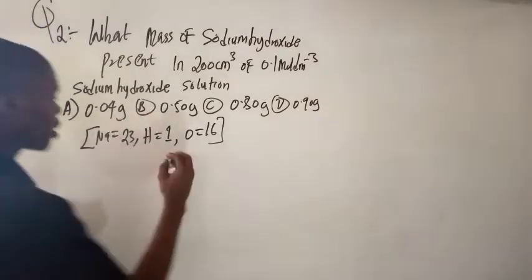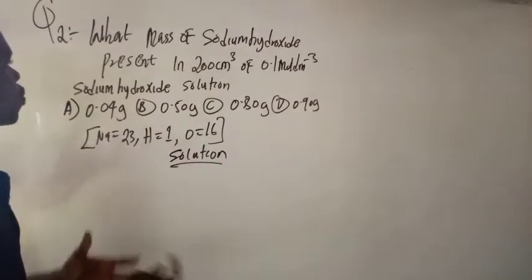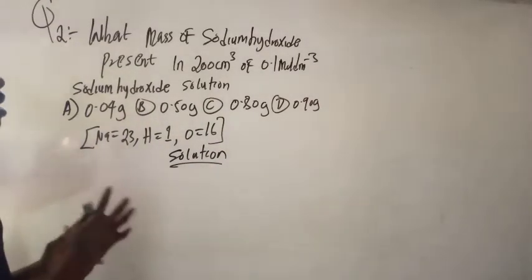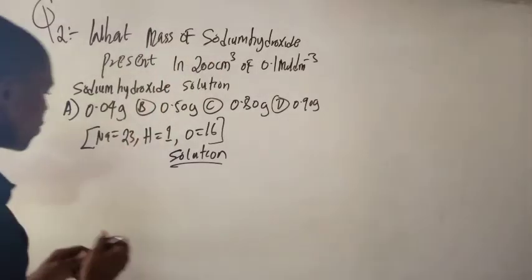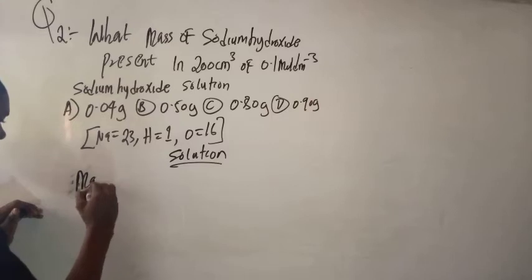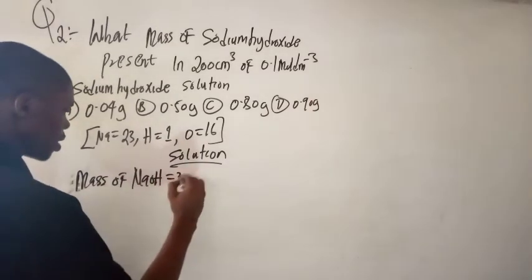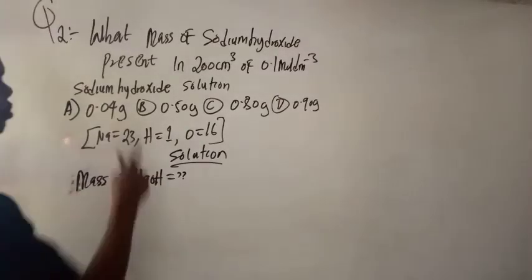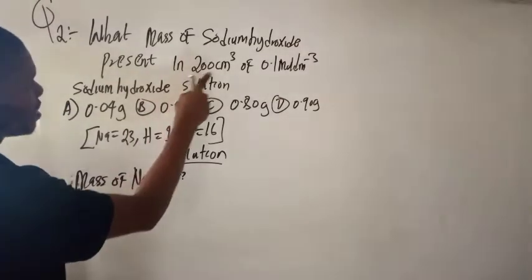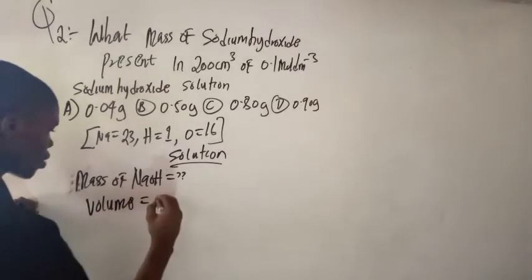So now let's look at the question. Now let's solve the solution. And the first thing I want to do here is to understand the question. What mass of sodium hydroxide? So by calculating what mass, you are being asked to calculate the mass of NaOH. What you are given here is that it is present in 200 cm cube. So the volume is given to us to be